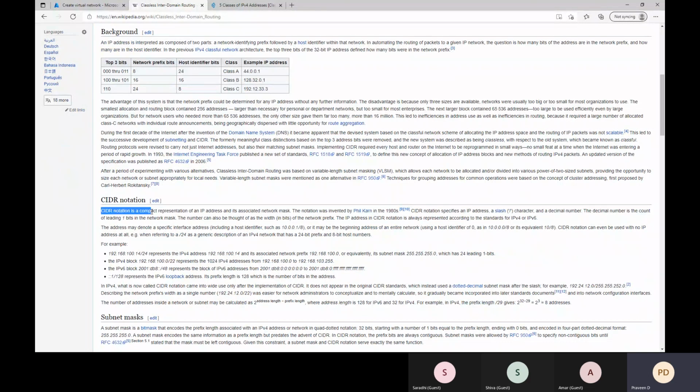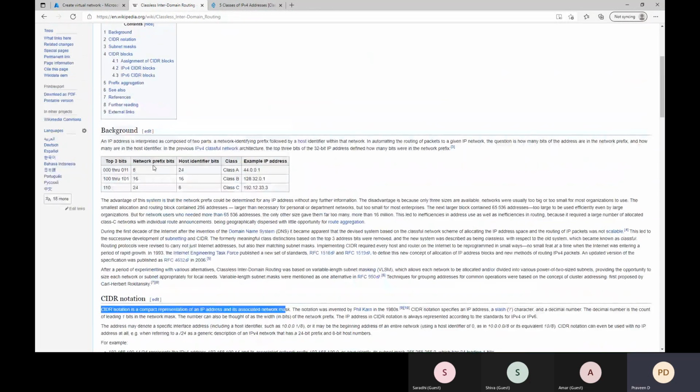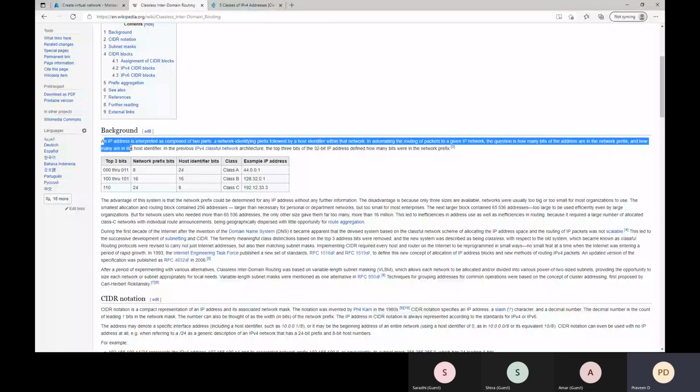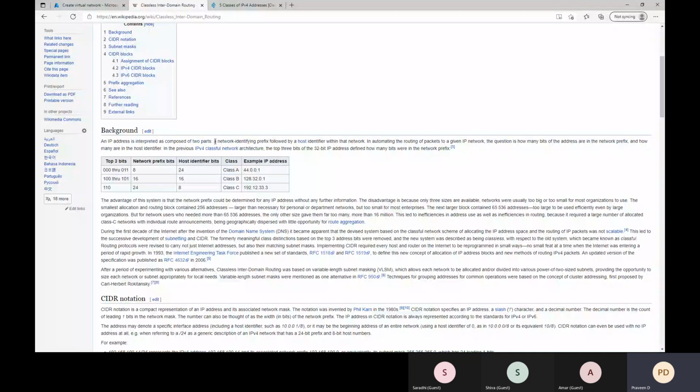CIDR notation is a compact representation of an IP address and it is associated with a network mask. An IP address is interpreted as composed of two parts: a network identity prefix followed by a host identifier. So the CIDR notation contains two parts: the network prefix, that is the networking part, and the host part.